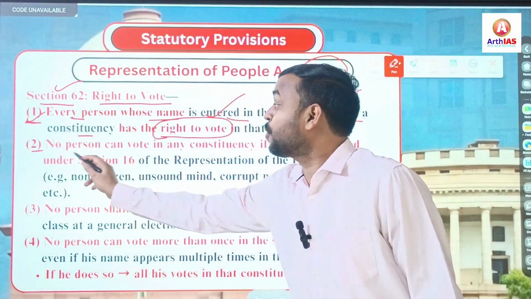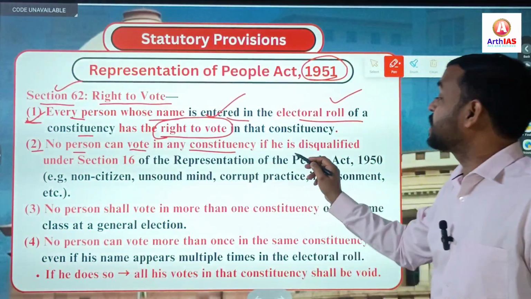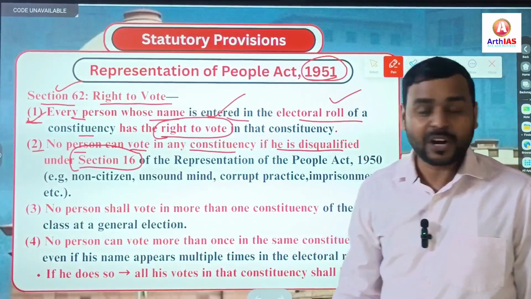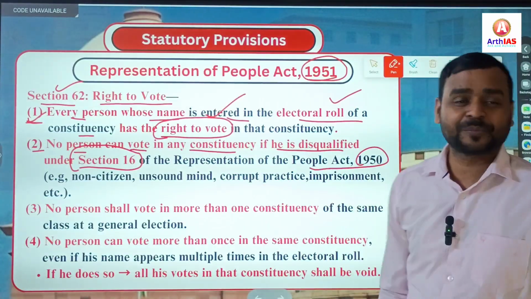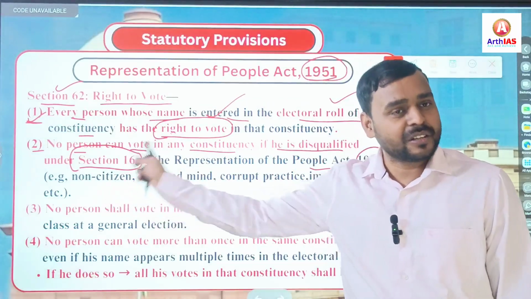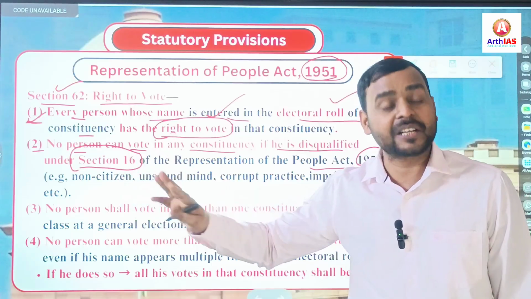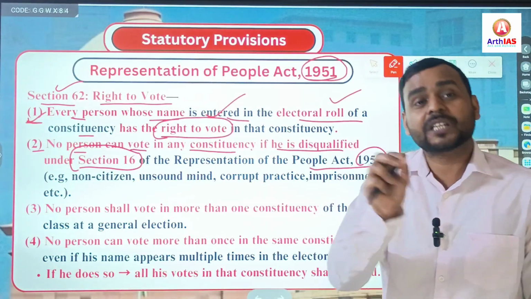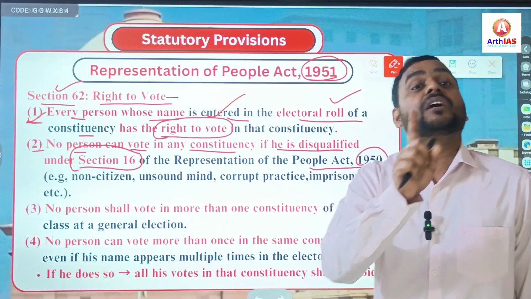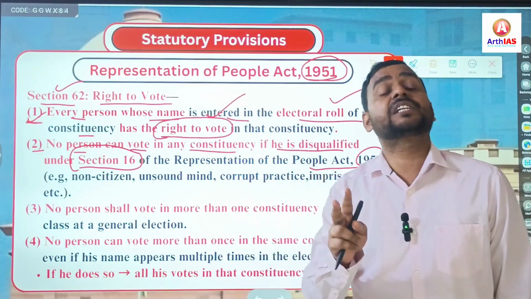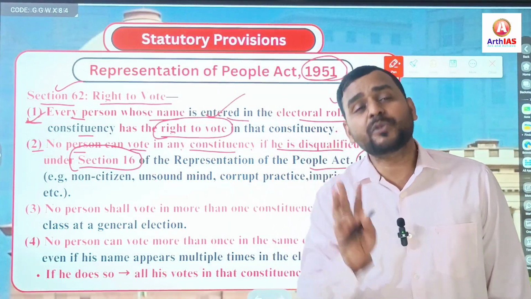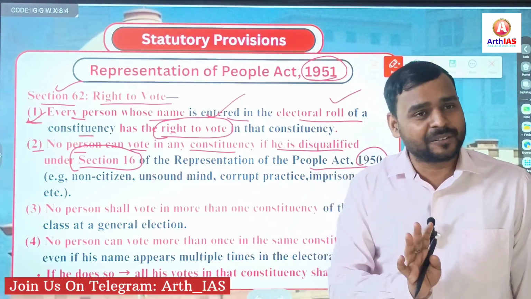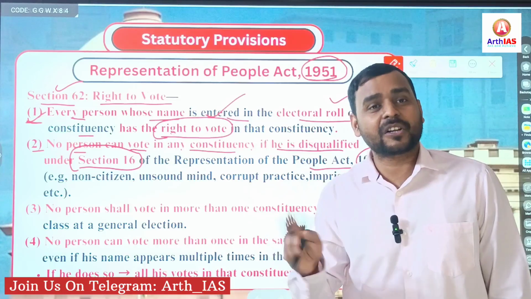Subsection 2 says, no person can vote in any constituency if he is disqualified under section 16 of the Representation of People Act 1950. Under section 16, we have seen 3 conditions for disqualification to be registered in the electoral roll. First condition, the person is a non-citizen. Second condition, the person is of unsound mind. Third condition, the person has been disqualified from voting, for example, for corrupt practices or any other